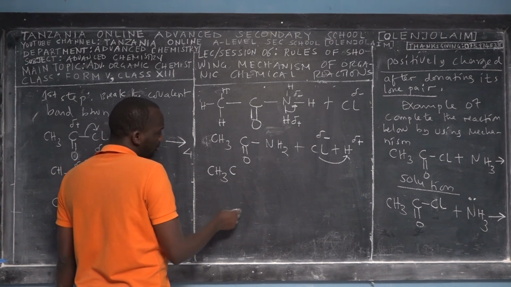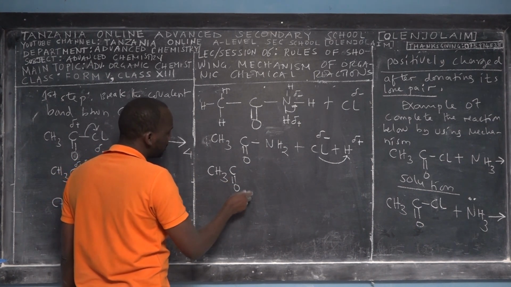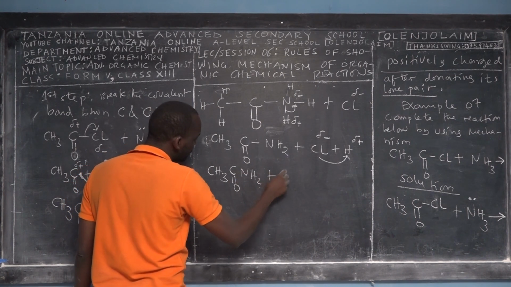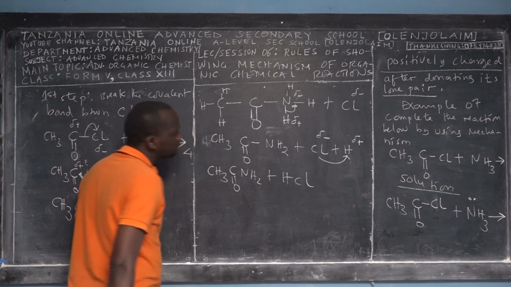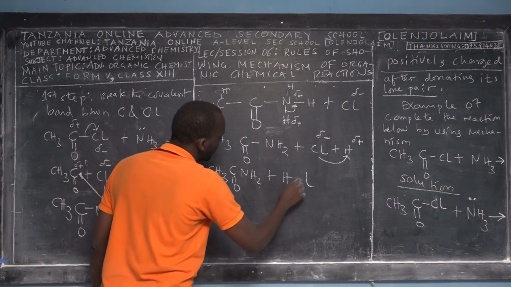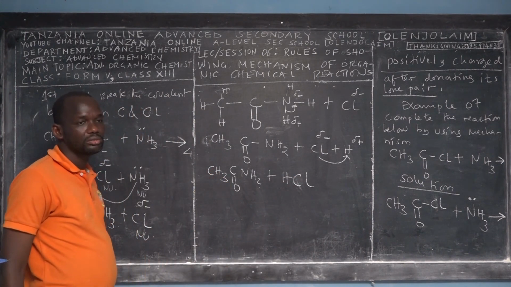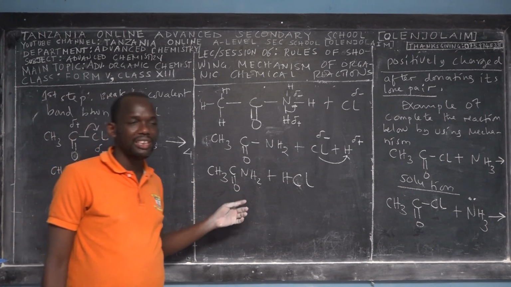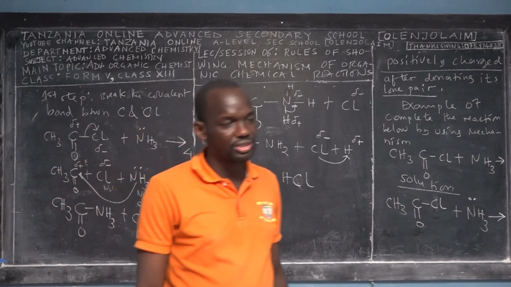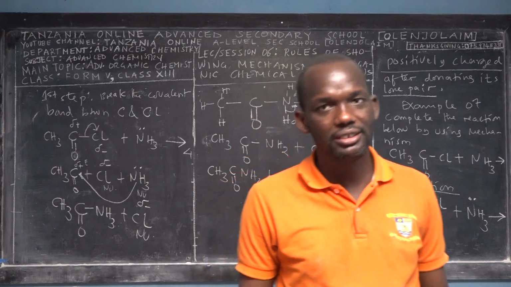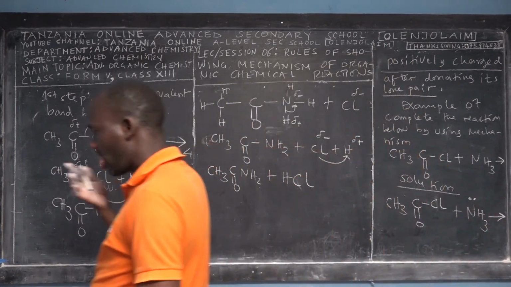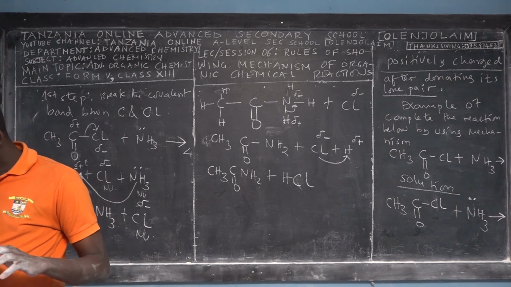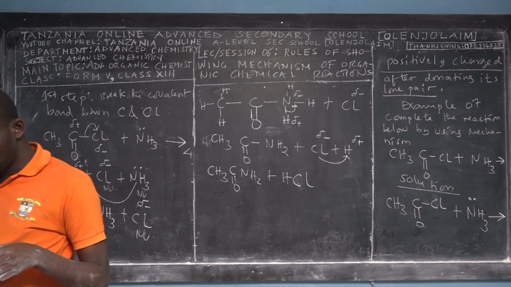So simply we have CH3, C now bonded with oxygen, we have nitrogen, this one, and then we have hydrogen chloride. Hydrogen chloride is the neutral molecule. And this is what we call an amine. Amine, not amide. Is it amine or amide? Excuse me, that's what we call an amide. Say amide. Amide is one of the